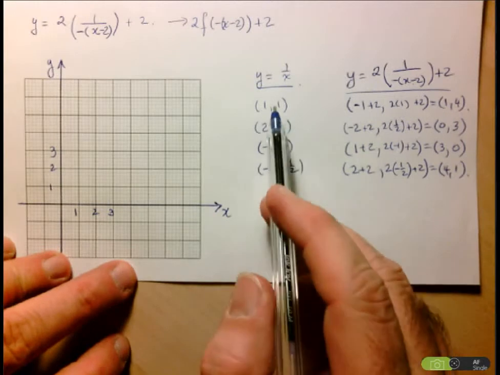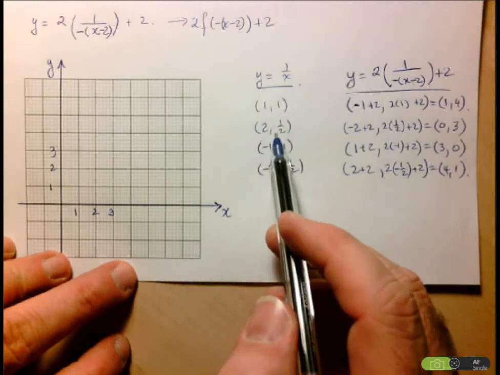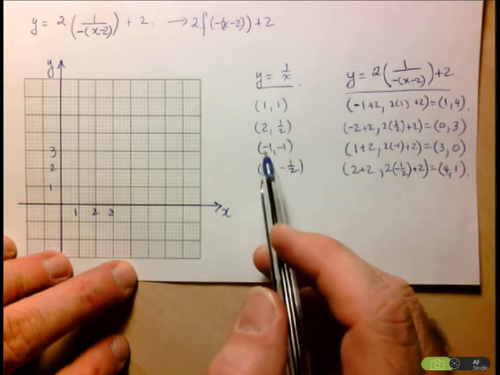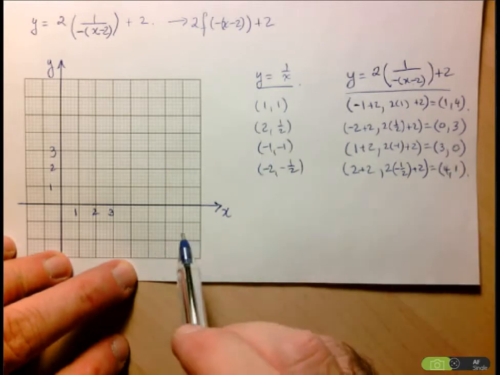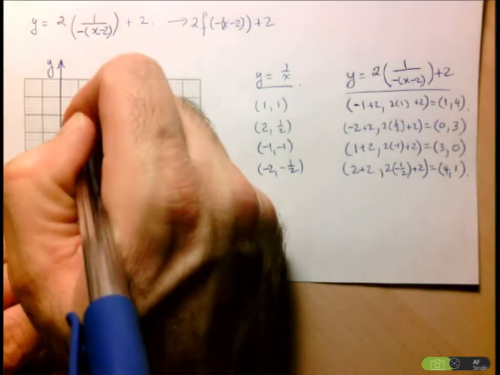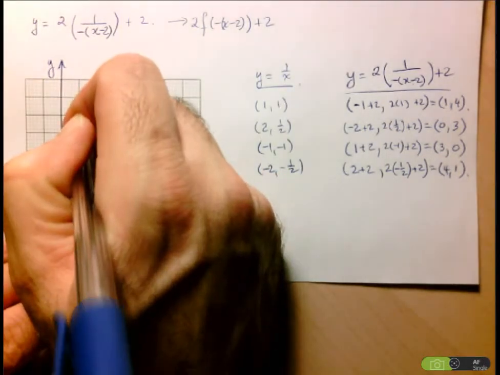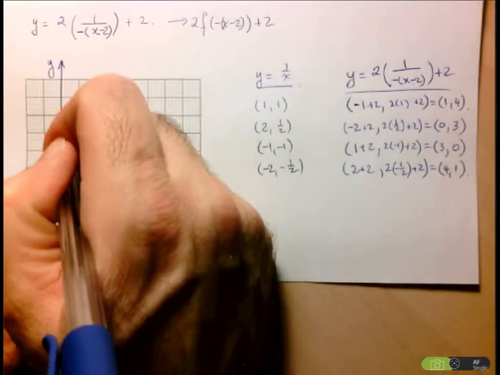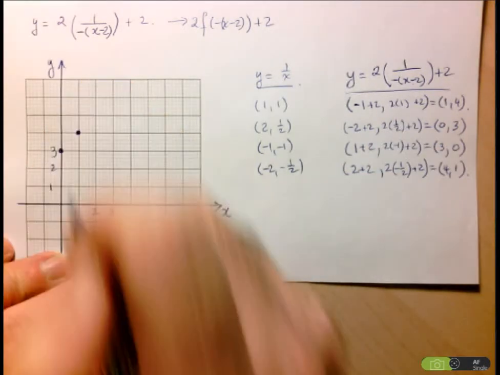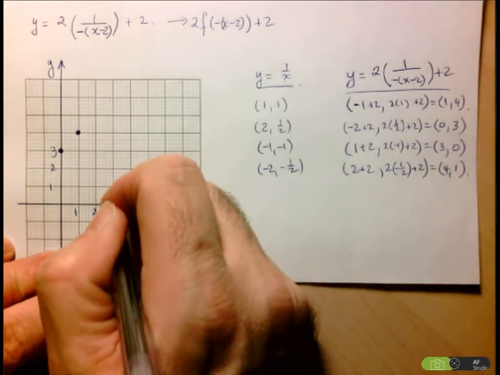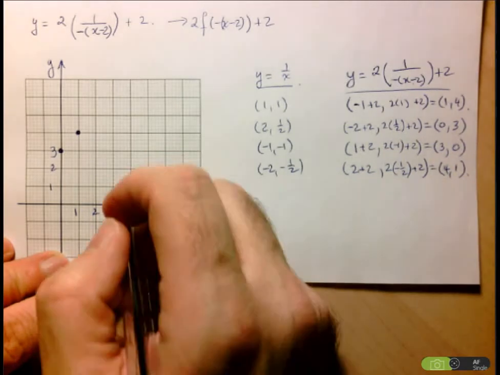So remember, 1, 1, and 2, 1/2 will be part of one branch of our function. Okay, and then these two will be part of the second branch. Okay, so let's start with 1, 4. So 1, 1, 2, 3, 4. Okay, and then here 0, 3, 0, 3. Okay, and then here we have 1, 2, 3, 0, and we've got 4, 1,